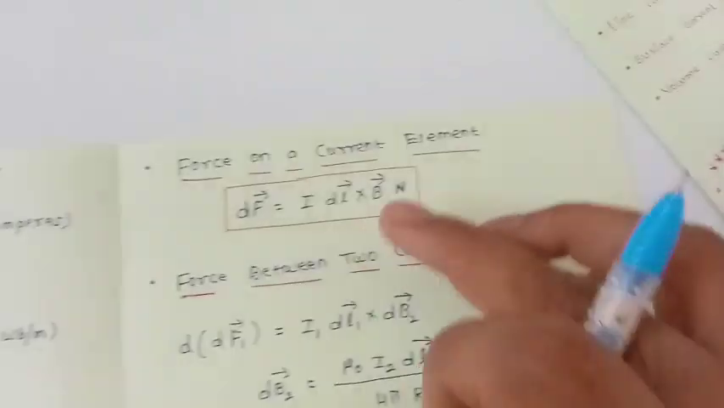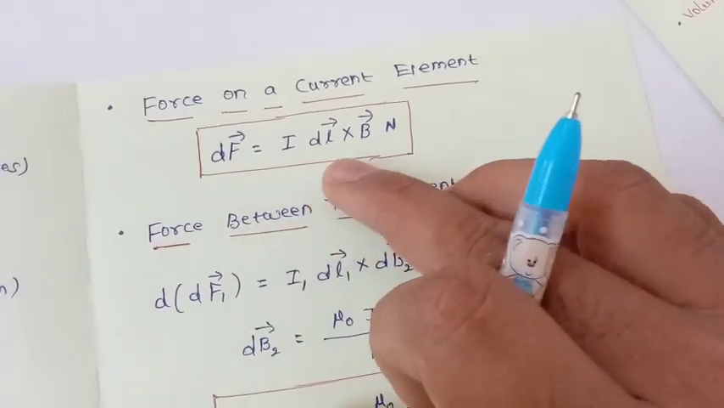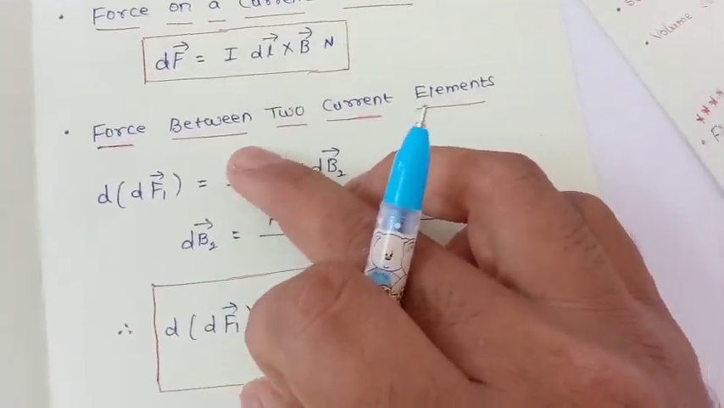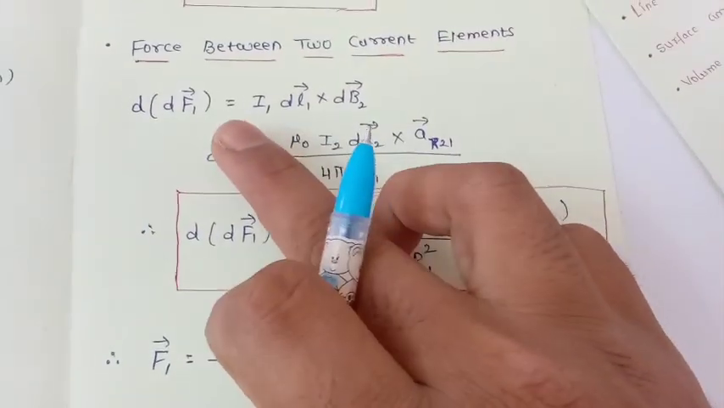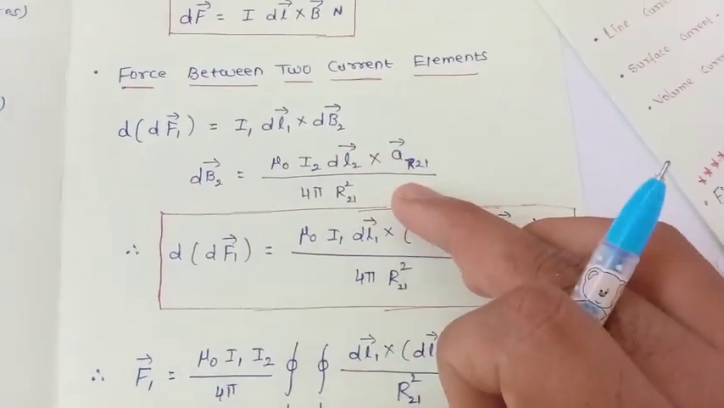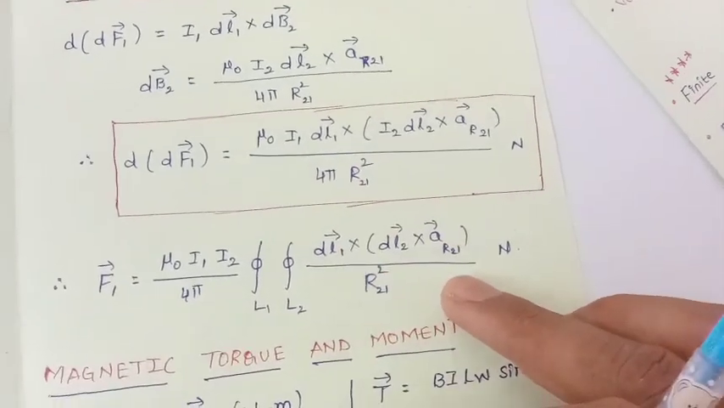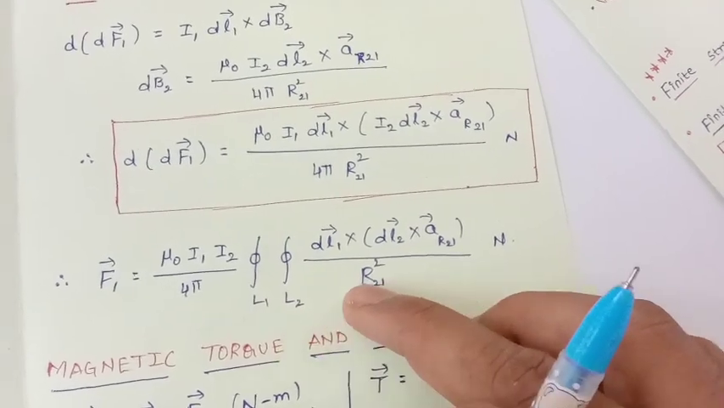Now coming back to the force on a current element, we know that the differential force is equal to I dl vector cross B vector. The units are newtons. Why? Because it is a force between 2 current elements. We have seen in the topic that finally the force between 2 current elements, this expression is very important: mu naught I1 I2 upon 4 pi, 2 line integrals, then dl